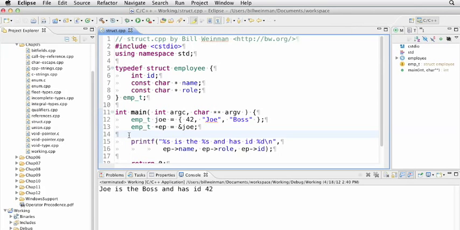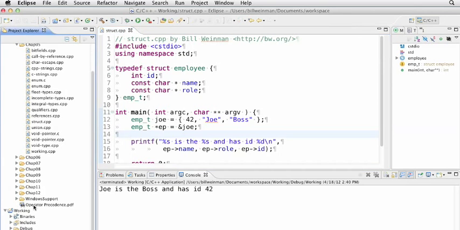So let's go ahead and delete our working file. And we'll run